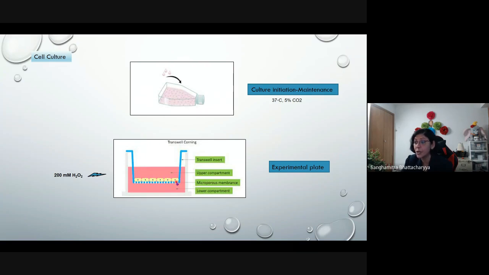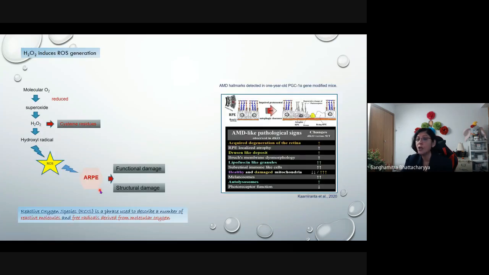We feed the cells with the media that were used here in the upper compartment and also in the lower compartment. When the cells are ready for our experiment, we treat the cells with 200 millimolar of hydrogen peroxide. Why do we use hydrogen peroxide? So our intention is to mimic the situation inside a cell when ROS is generated. And hydrogen peroxide is known to be one of the very commonly used ROS generators through the formation of hydroxyl